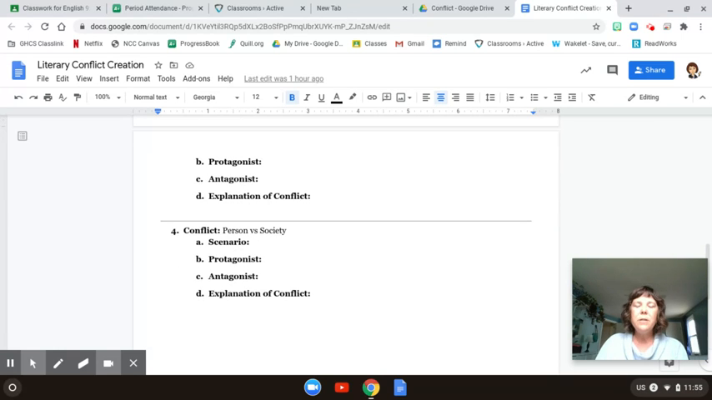The last one is person versus society. Tell me a little story. Who is the protagonist? What in the story represents your antagonist? And explain how this person is in conflict with their society. And then you are done. Make sure you turn it in when you